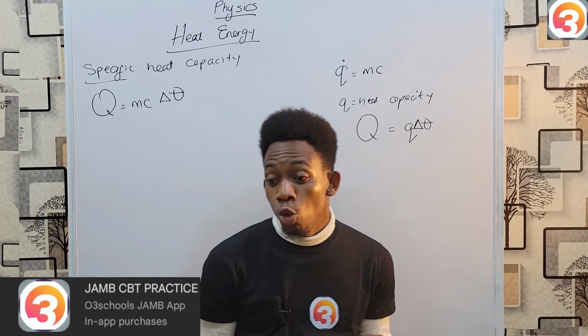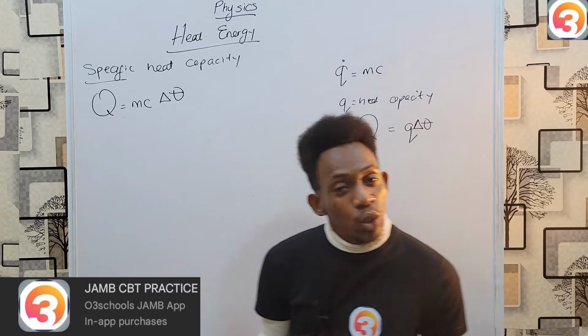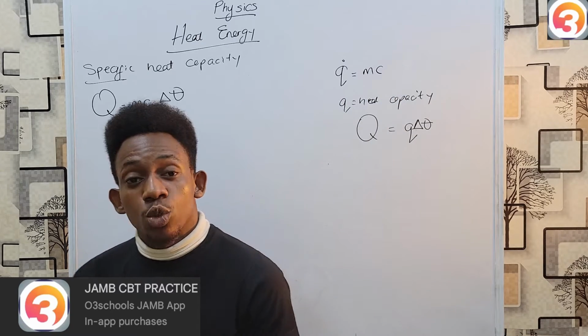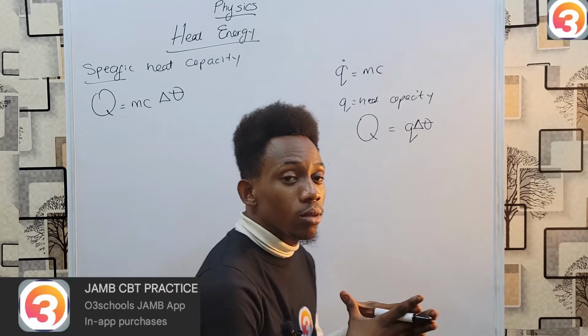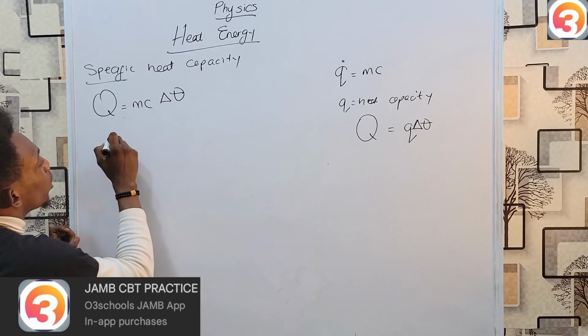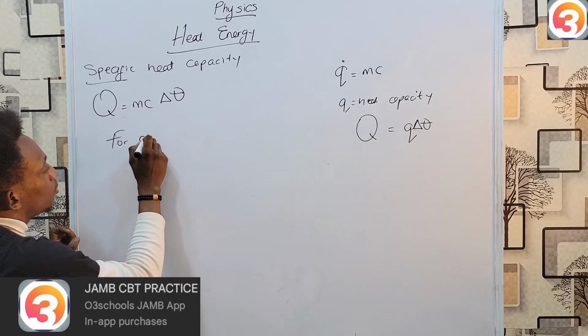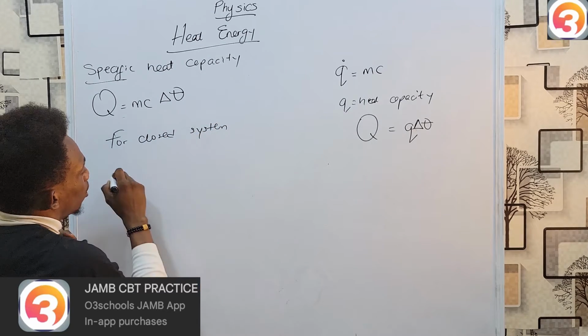This hot body will lose heat and its temperature will drop, while the colder body will gain heat, and its temperature will rise until both temperatures become equal,